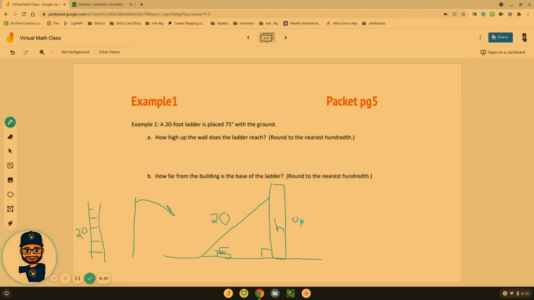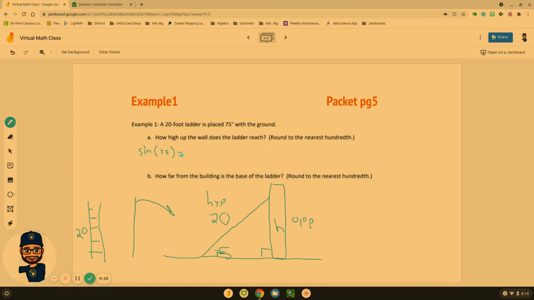That's the opposite side. And what do we call the ladder in this case? The 20, because it's opposite the right angle, is our hypotenuse. So which trig function uses opposite and hypotenuse? That is sine. So we're going to do the sine of the 75 degree angle